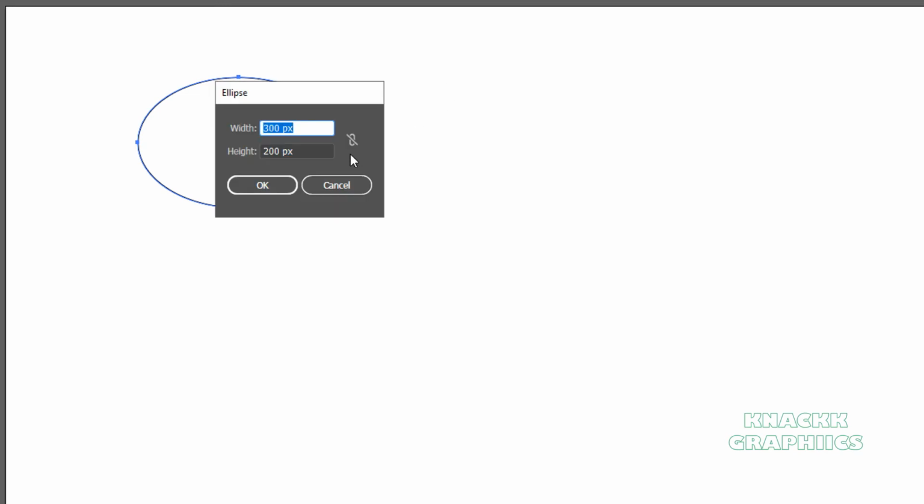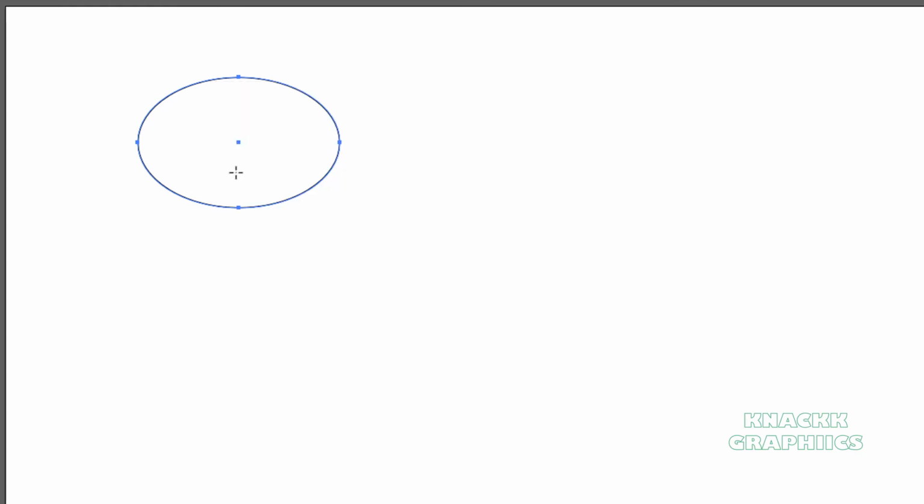Now let's talk about this constraint button here. You can use it to fix the proportion of the width and height values of the circle. Say I want an ellipse having a width 3 times the height value. Put 3 here in the width column and 1 in the height column and turn this constraint button on. Now the ratio of width and height has been fixed to 3:1. Now enter any value for the height and the width will get adjusted to its 3 times higher value.